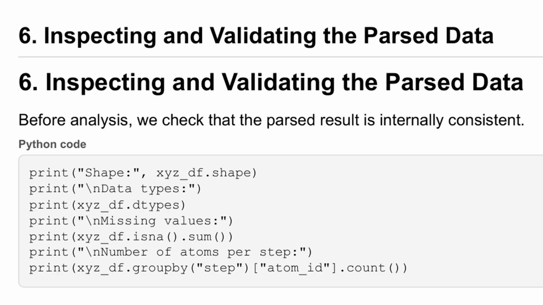The resulting table isolates the numerical simulation data perfectly. We have correctly labeled columns for quantities like potential energy, kinetic energy, and total energy. We perform a quick inspection to extract the column names as a list and check for any missing values that might have resulted from parsing errors. The output confirms that all our expected thermodynamic columns are present and completely populated, with 0 missing values across the